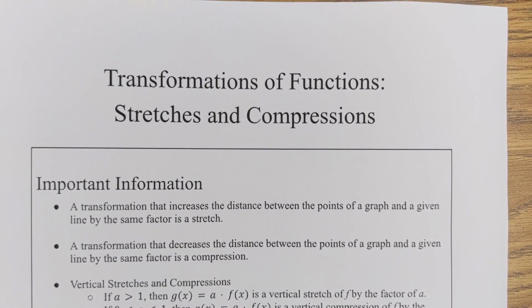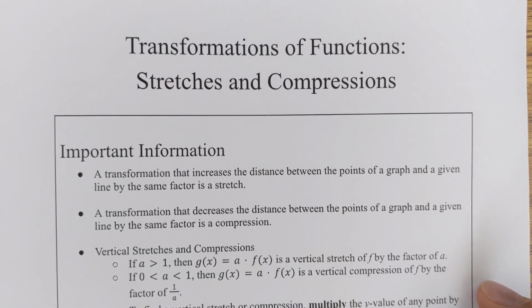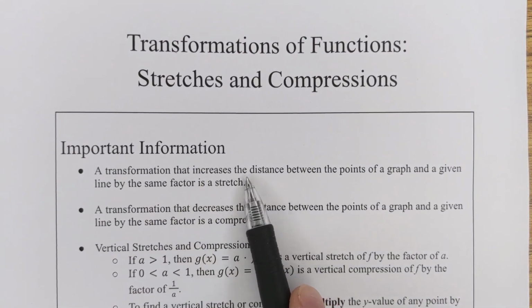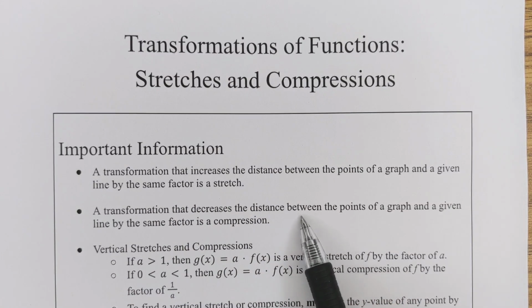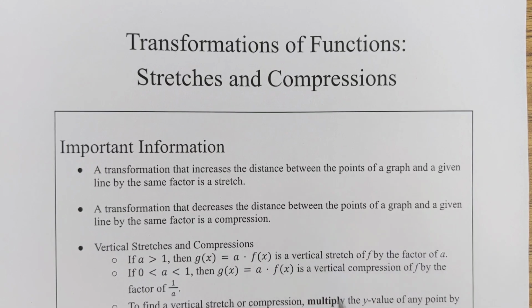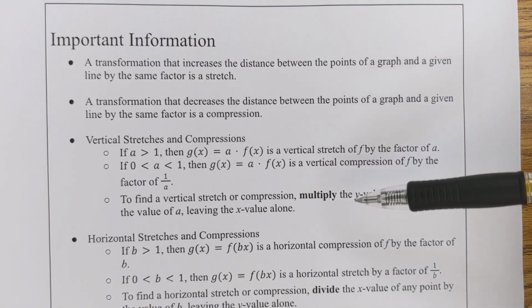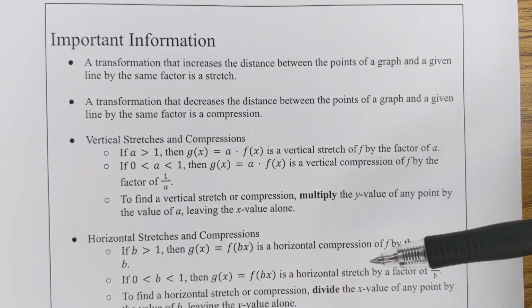All right, so here we have transformations of functions, stretches, and compressions, the last of the transformations we'll talk about. A transformation that increases the distance between points is a stretch. If it decreases the distance between points, it's referred to as a compression. So things get farther apart, things get closer together. Once again, just like everything else, we have the two directions, vertical stretches and compressions versus horizontal stretches and